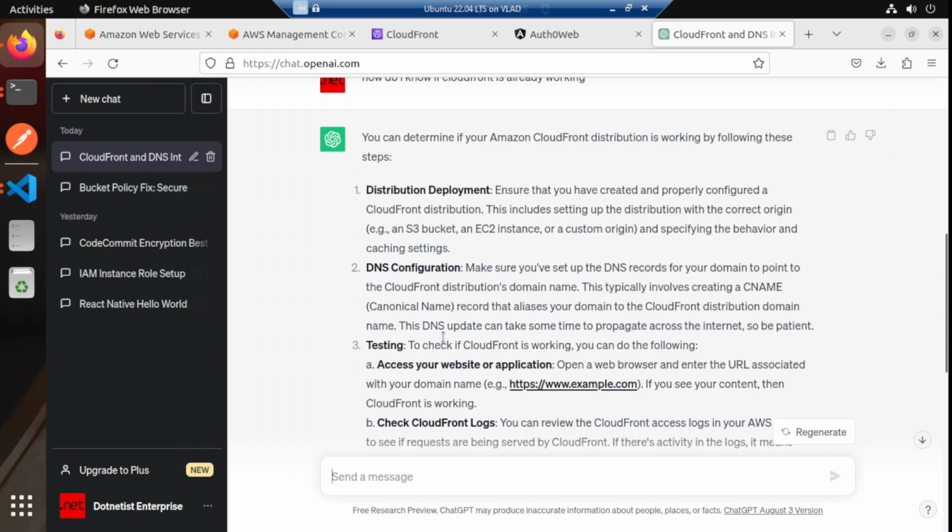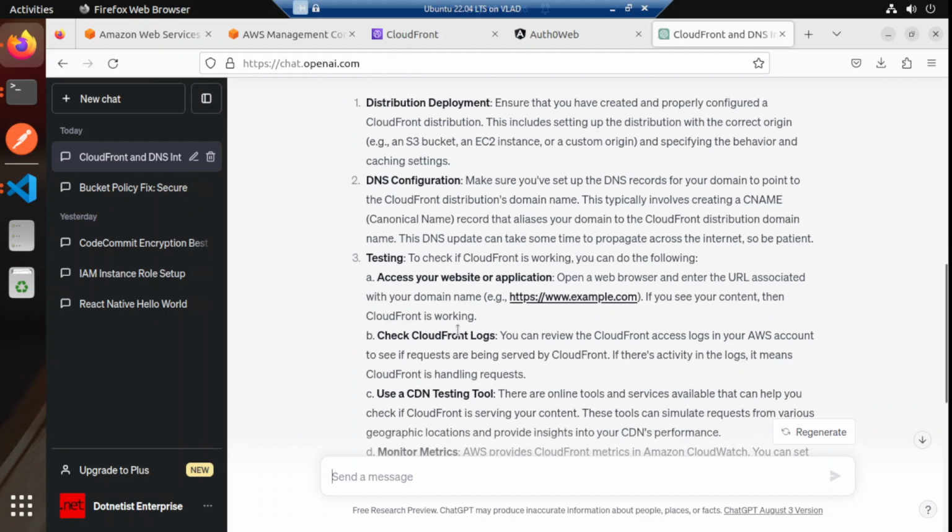Testing. To check if CloudFront is working, you can do the following. Access your website application: open a browser and enter the URL associated with your domain name. If you see your content, then CloudFront is working. Check CloudFront logs. You can review the CloudFront access logs in your